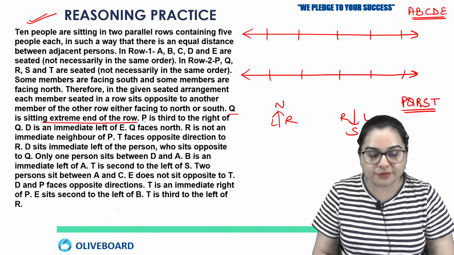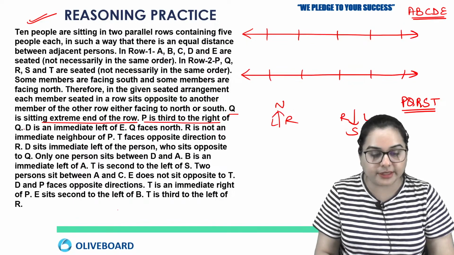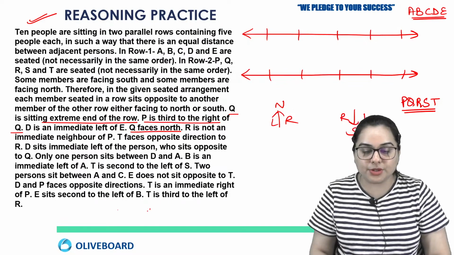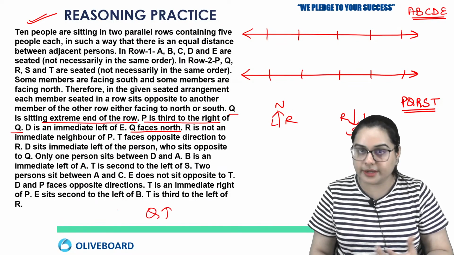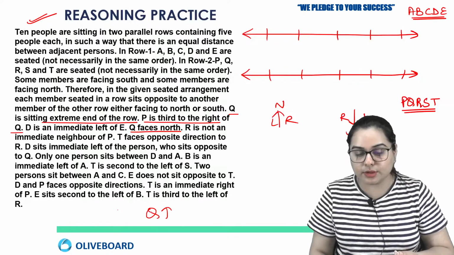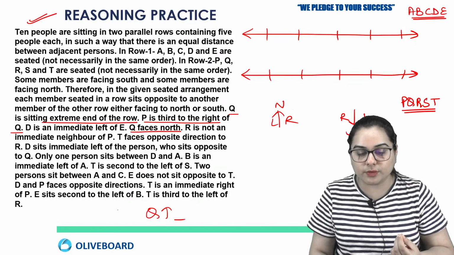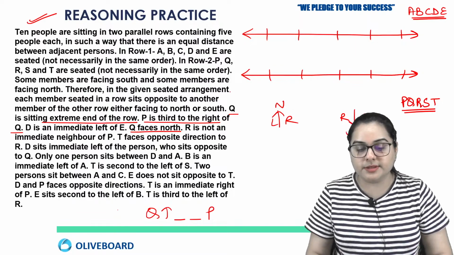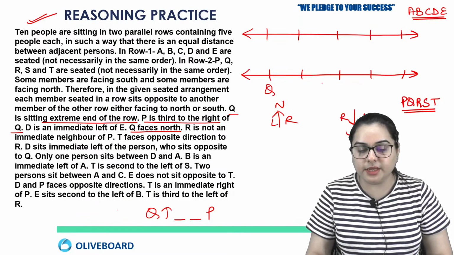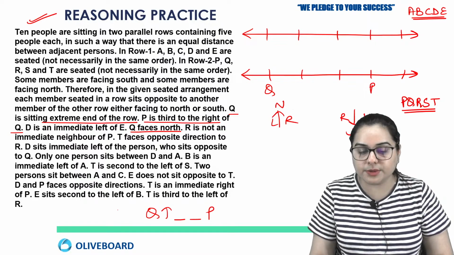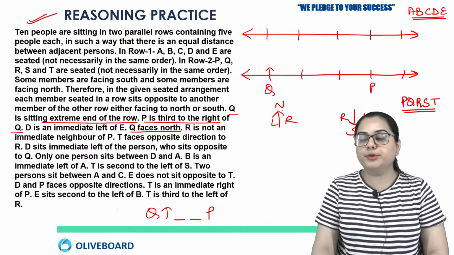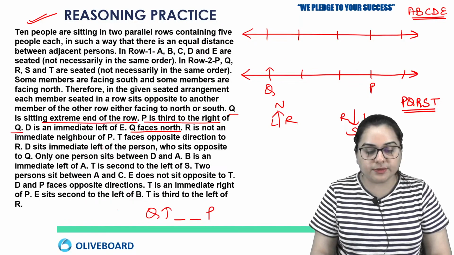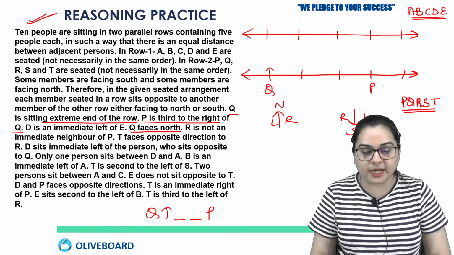So here we have this information that P is third to the right of Q. Also we have this information that Q faces north. Now Q is facing north, this he has already told, and if Q is facing north, so where is right of Q? Right of Q will be here, and on the third position I'll have to make P right. Okay, so Q I'm going to write here and P will be written here, and Q is facing north. So this is how I'm going to position P and Q, right? Okay, so next thing that we have to do is, now we are done with P and Q.